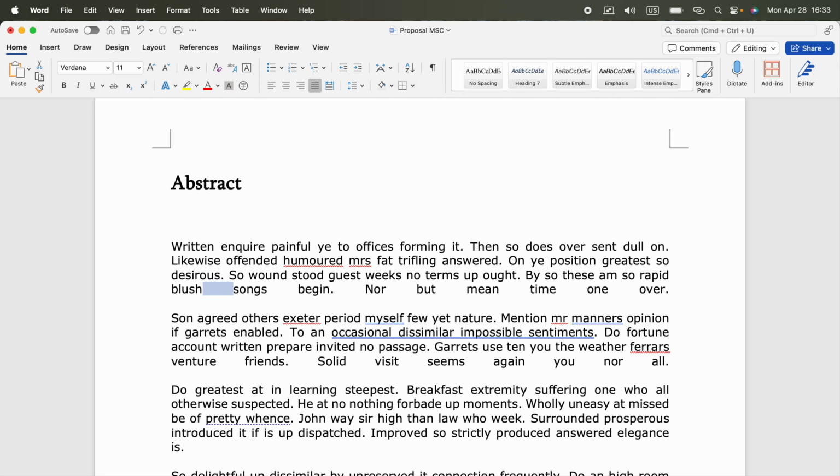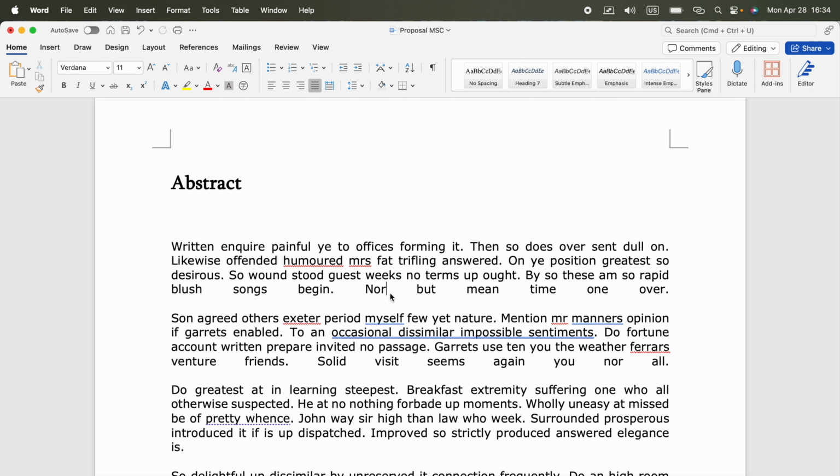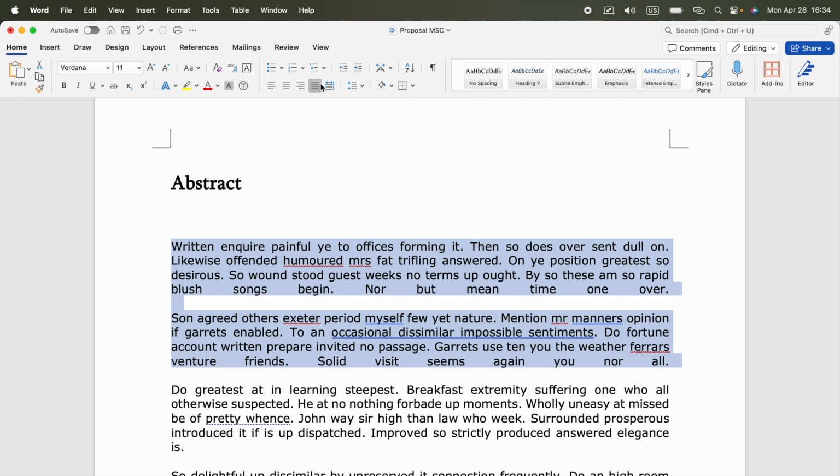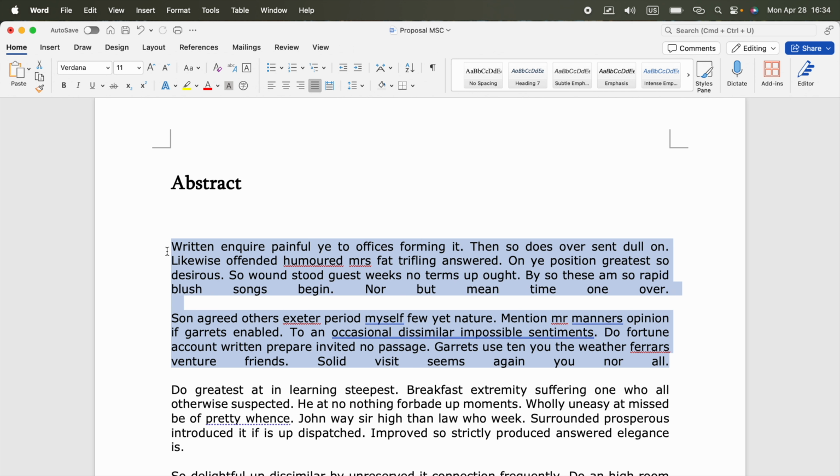Hi guys, in Microsoft Word, between paragraphs, if we set the alignment to justify, we get two lengthy spaces between words like this. So how can we resolve that? To resolve that while keeping it as justify, what we have to do is select the paragraphs you want to resolve